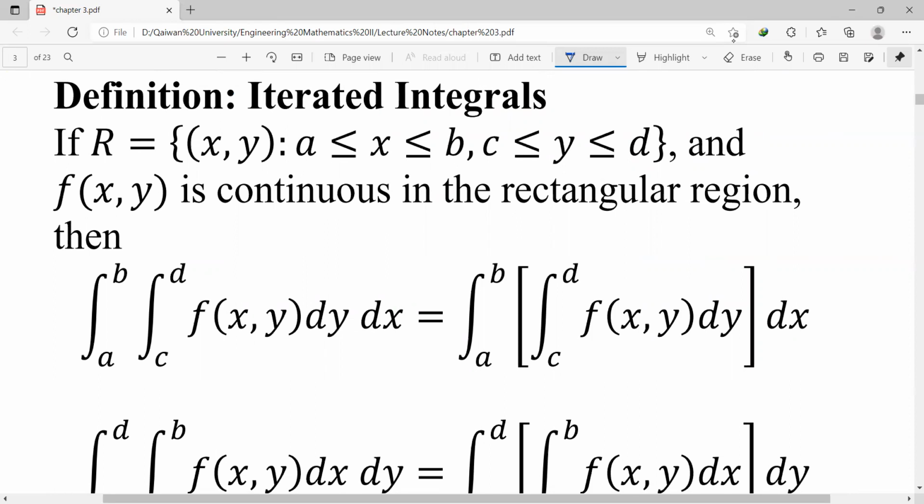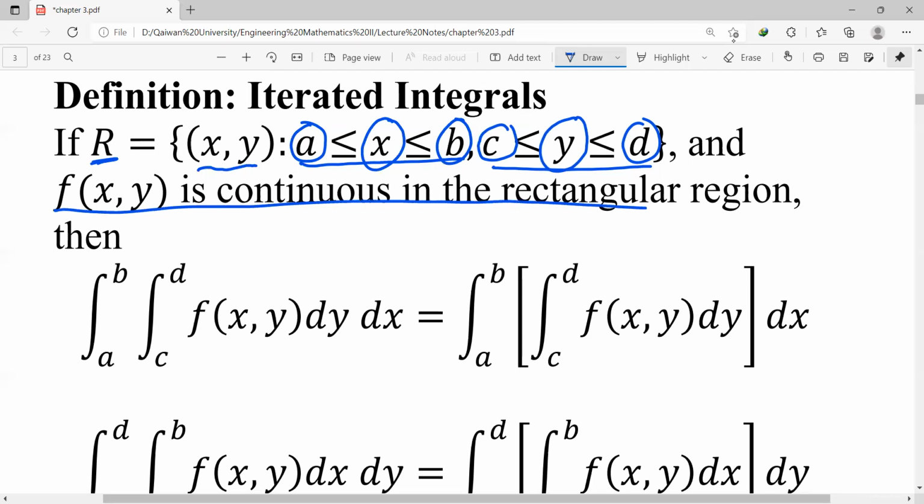But we take the second partial derivative for the first, we take only a derivative for the first derivative. And here also we do the same. We say if R is our region, x y, where x is from A to B and y is from C to D. That means when we take the integration with respect to x, the lower limit of integration is A, and the upper limit is B. And when we take integration with respect to y, the lower limit is C, and the upper limit of integration is D. We say f is continuous in the rectangular region, then